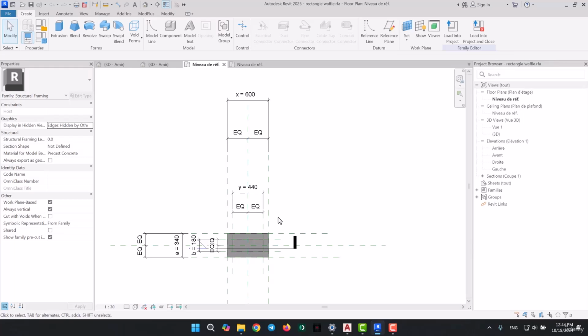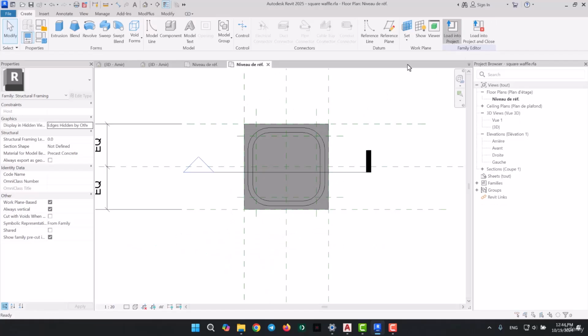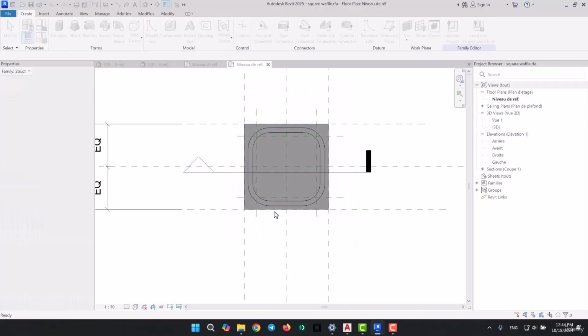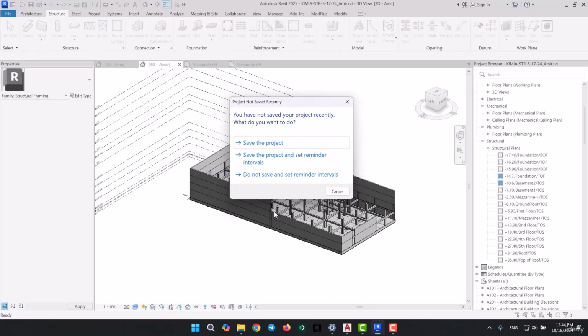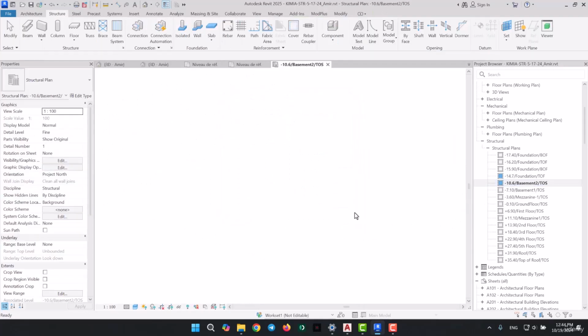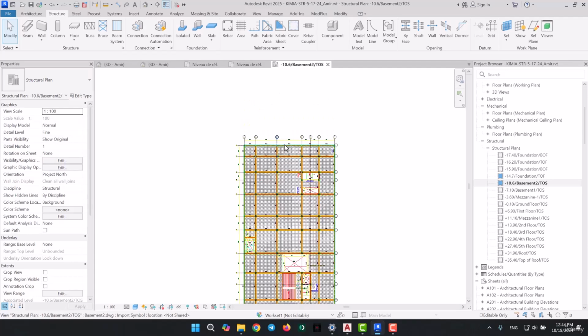Now the only thing we're going to need to do is to load these into the project and readjust the parameters we need from them to the values we have required by the plan, and then place them. That's the simplest way of placing the waffles. So for example, let's say we're going to load this one into the project. There we go. And now I'm going to go into the basement floor plan where I can start placing